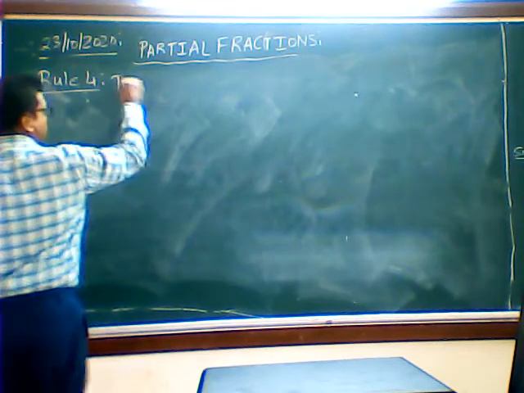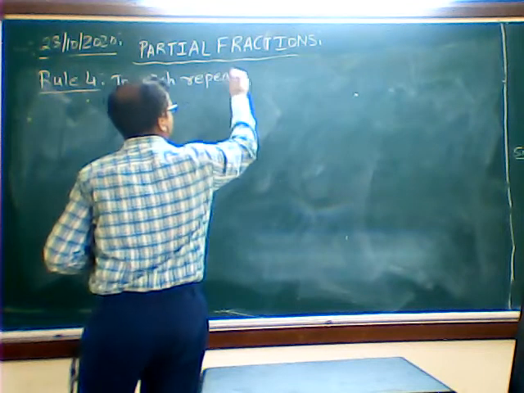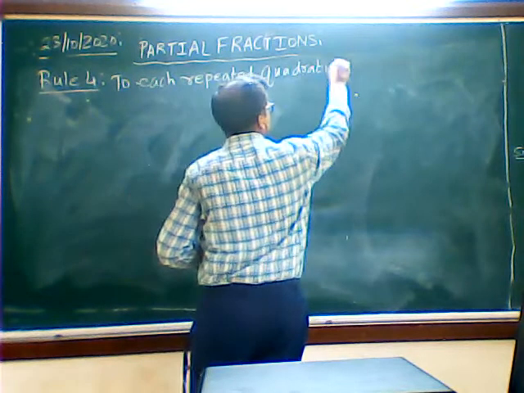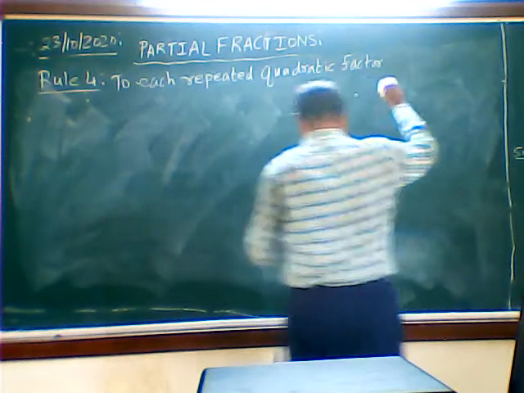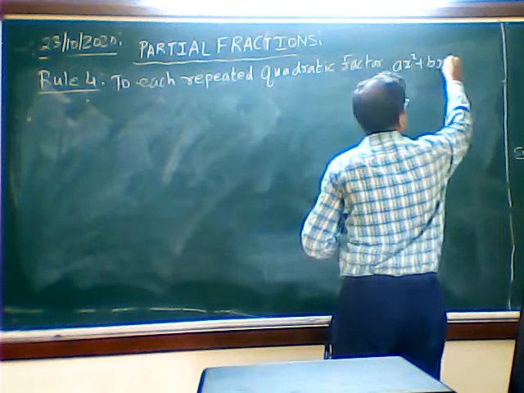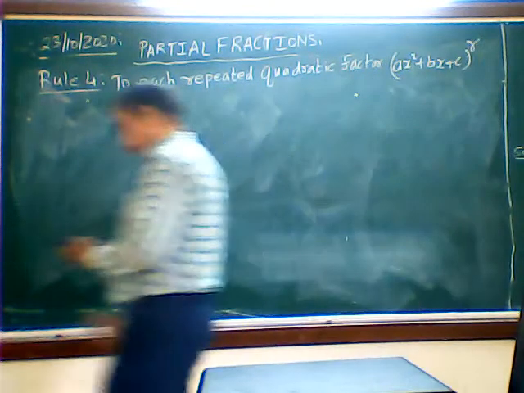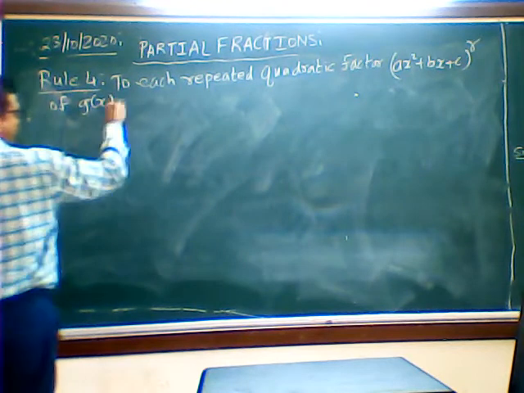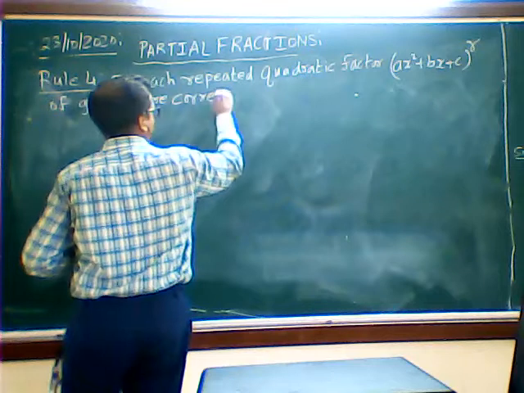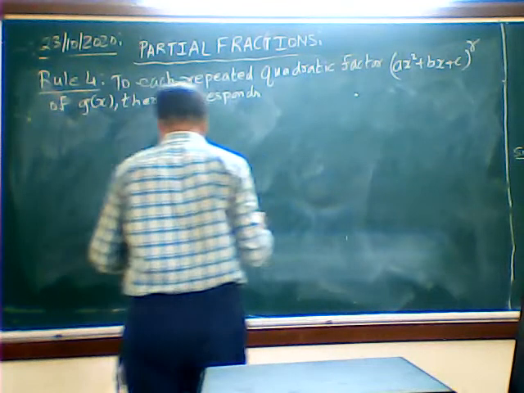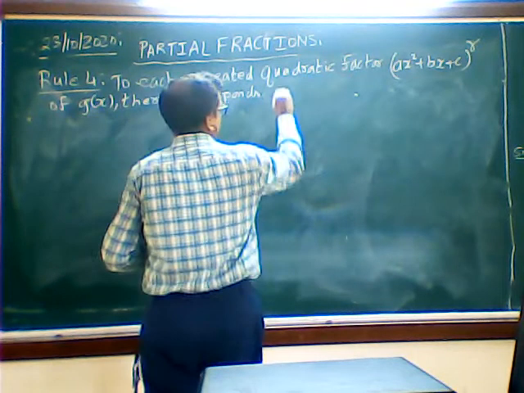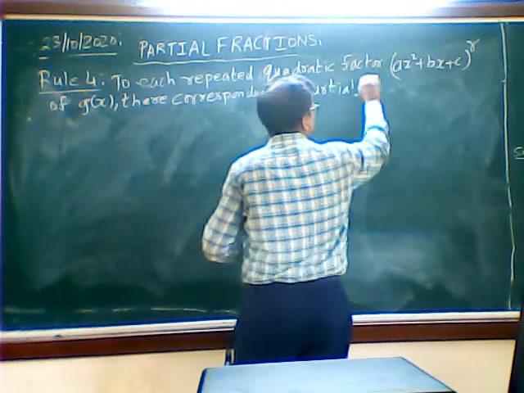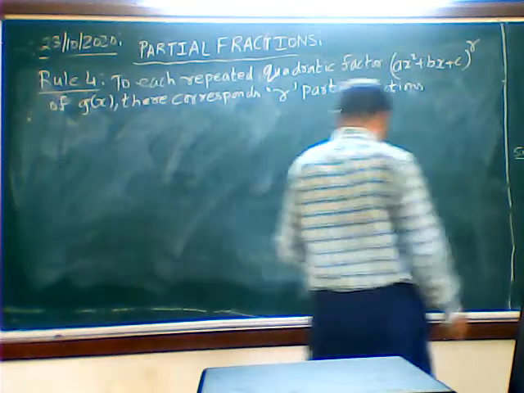To each repeated quadratic factor (ax² + bx + c) raised to r of g of x, there corresponds r partial fractions of the form